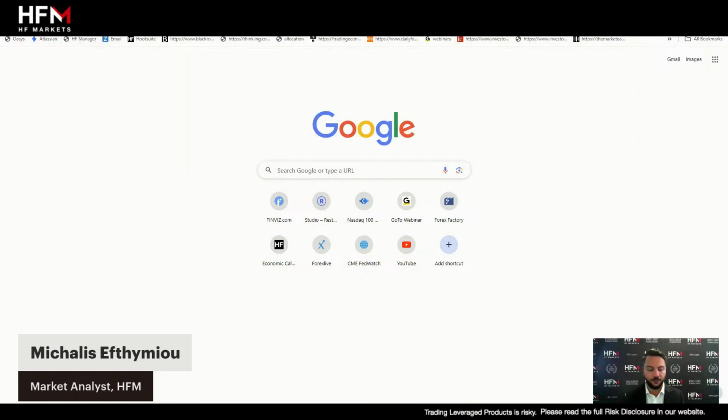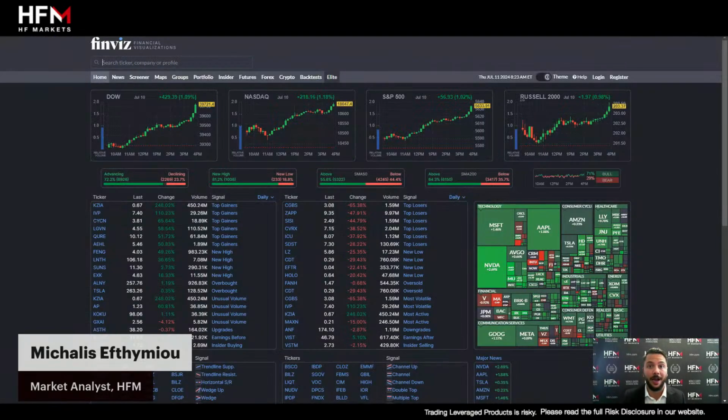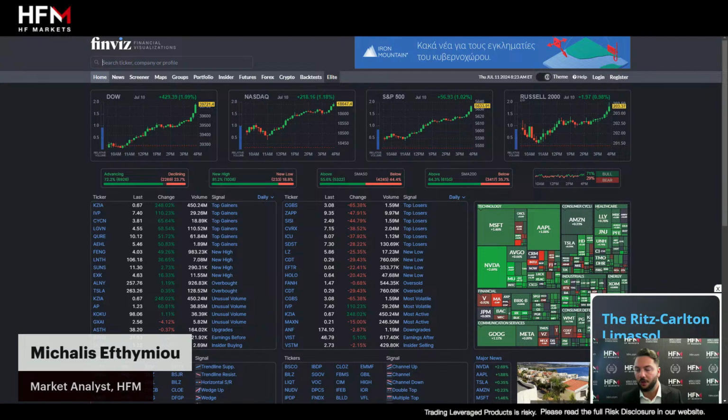Now, what else can we use, ladies and gentlemen, to help us to get an understanding of how the price is going to move? So we are going to, of course, look at technical analysis, but before doing so, we want to see what other things can help us to determine how the price is going to move. So here we've got FinViz. If you go to FinViz,